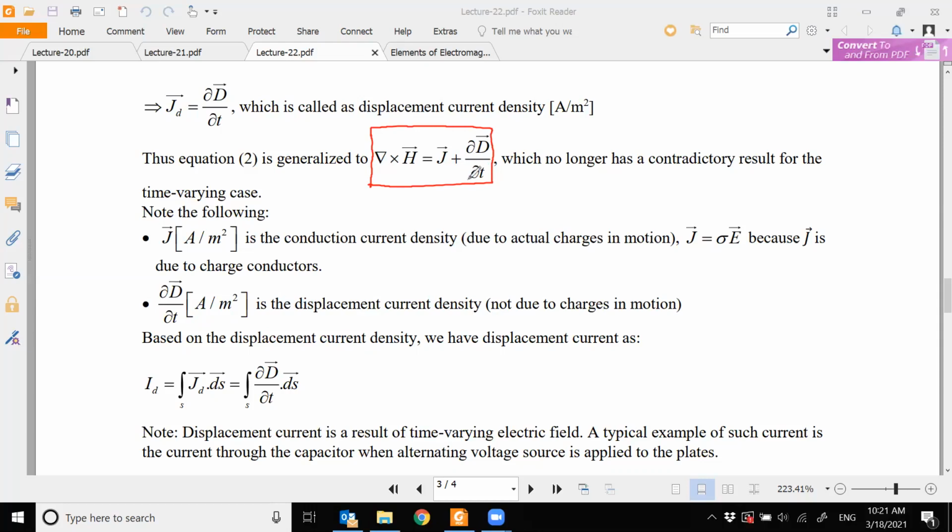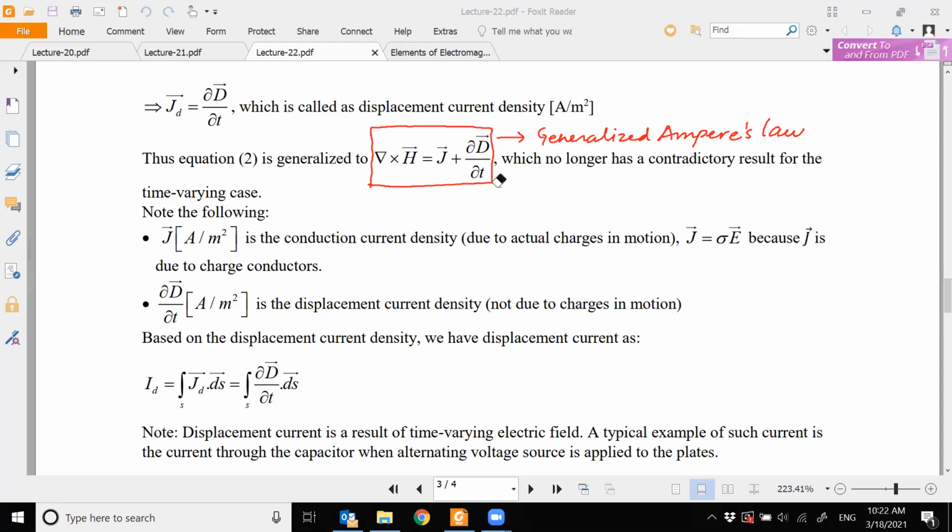And in the time varying case, what will happen? Your del cross H will be equal to J plus dou D bar over dou T. This is the time varying case. And this is called the generalized Ampere's law. And this is the contribution of Maxwell. So Maxwell modified the Ampere's law to a generalized Ampere's law by inserting this term, dou D bar over